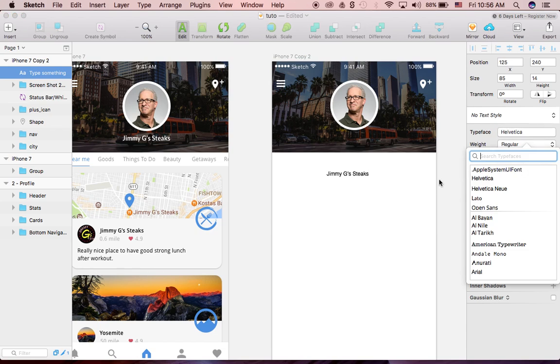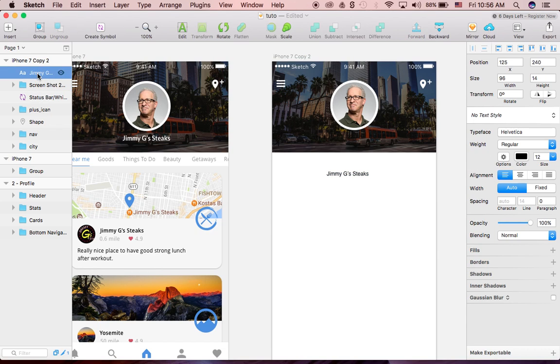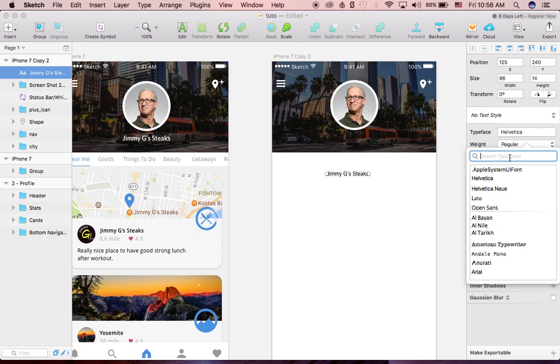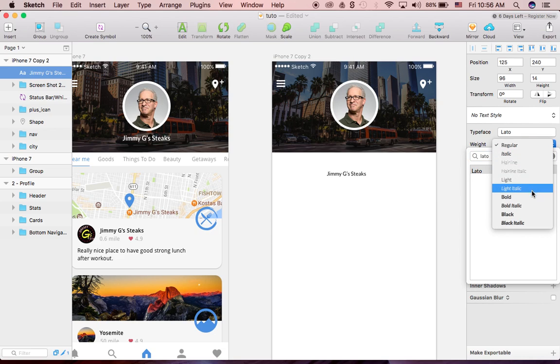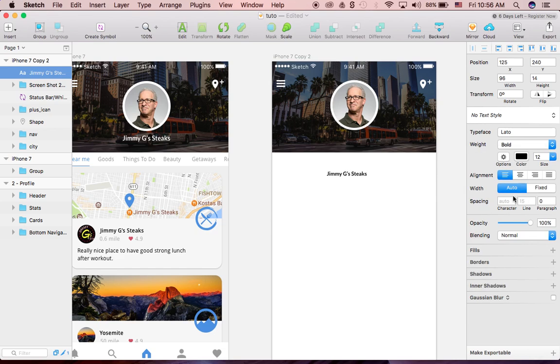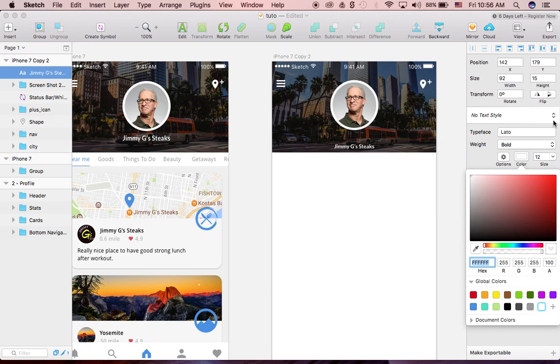No, I don't need this. Okay, let's make it Lato, and then regular, just bold. Okay, and also center the image on the text and move it to the top. So just the right place, and change the color also to white. Okay, so we're going to